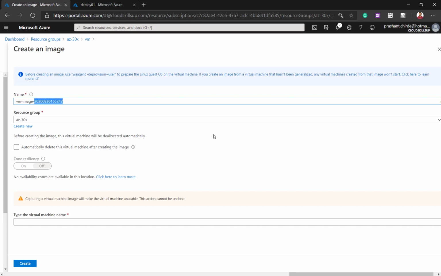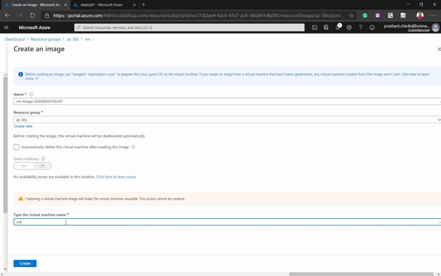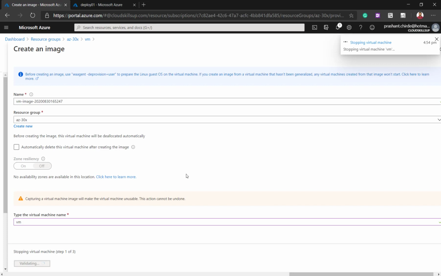That time this snapshot will save us our job. Okay, so for this demo I'm not going to select anything here. Now here you have to specify the name of the VM for which you're taking the snapshot. I have specified the name, so our VM name is itself VM. Just click on the create button, and it will create a snapshot for you with this particular name. So I'm going to copy this name and let it create a snapshot for us.